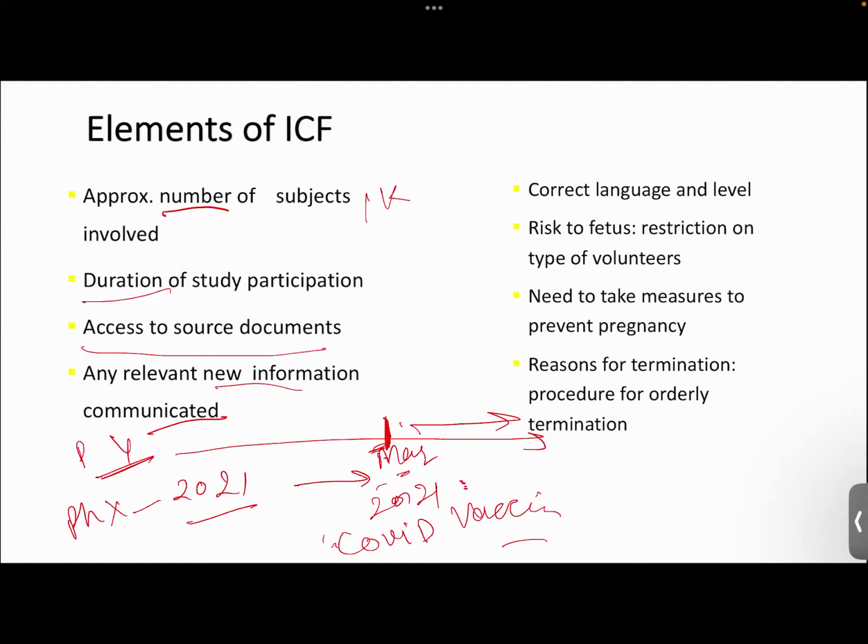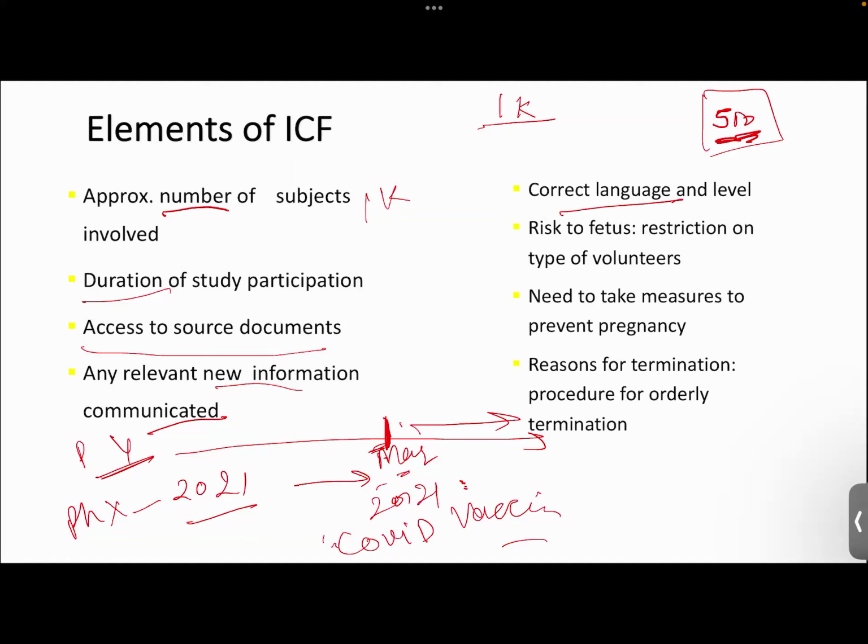Suppose there is another example. They're saying earlier we were having 1,000 patients, but now the team feels they are not able to find all the patients, so they narrowed this down to 500 only. They spoke to a statistician, and the statistician said that with advanced modeling, I will be able to manage within the 500. Right? So this also you have to inform. If there is any amendment, that also you have to inform to a patient.